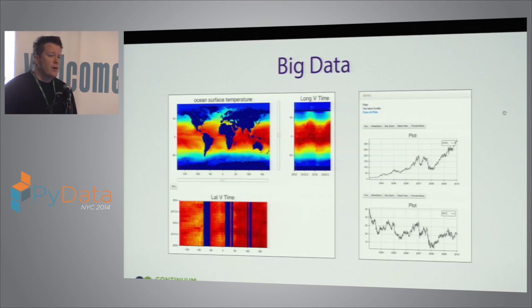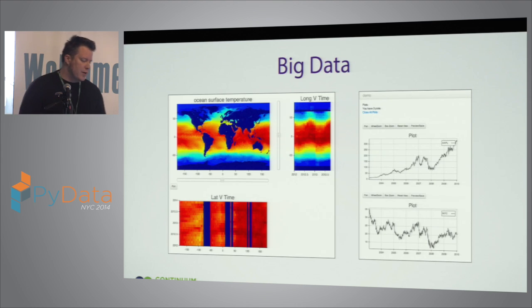Big data, another concern of ours. We want to be able to handle large data sets, so there's a couple of different ways this might be expressed. You might have like large data cubes, and obviously you don't want to ship gigabytes of data into the browser. Maybe you just have a lot of points. If you're doing like a scatter plot and you have 10 million, 100 million points, and you try to plot that, obviously you'll just get sort of a solid mass of color, and you can try to solve that using things like alpha compositing, but we actually have a couple of different features. We have some downsampling. We also have something called abstract rendering, which is a